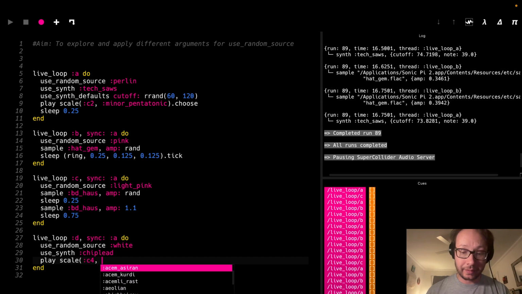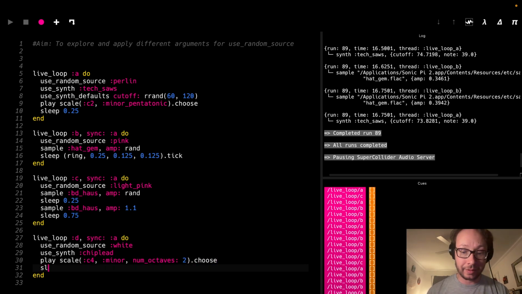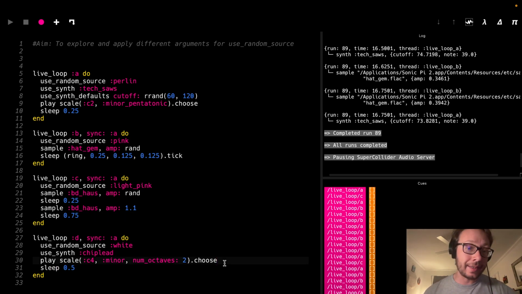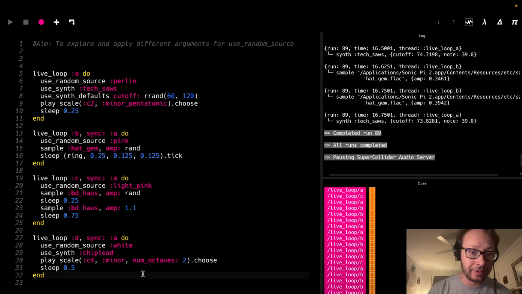we'll go C4. I'm just going to do a minor scale. I'm going to add a couple octaves to this. We're going to do dot choose, and then we're going to sleep for 0.5. So this now is just going to give me kind of random distribution, completely random, up and down over this 2-octave span. So there'll be big jumps, there'll be small jumps, but if we put it all together,